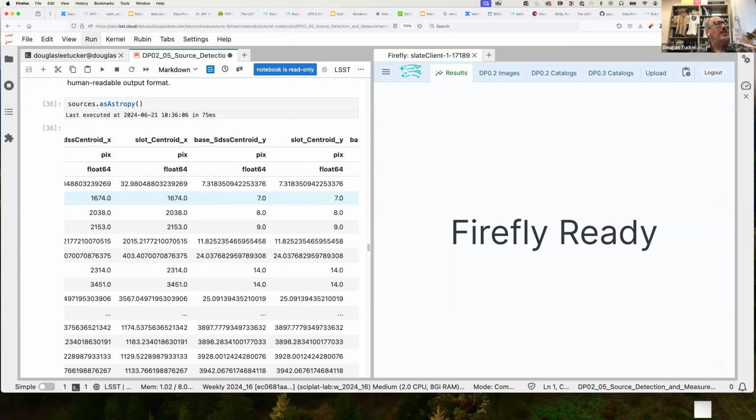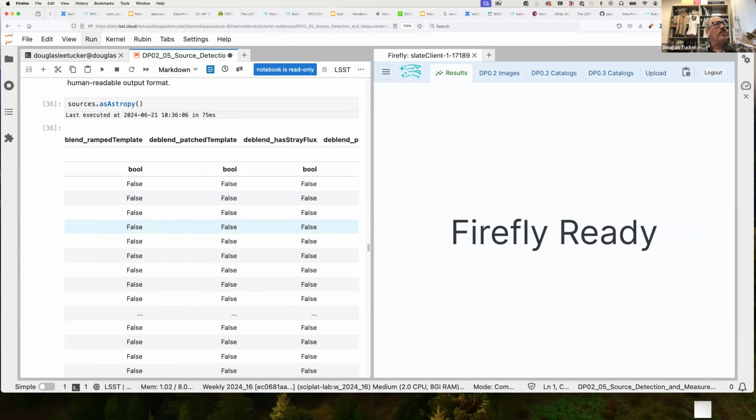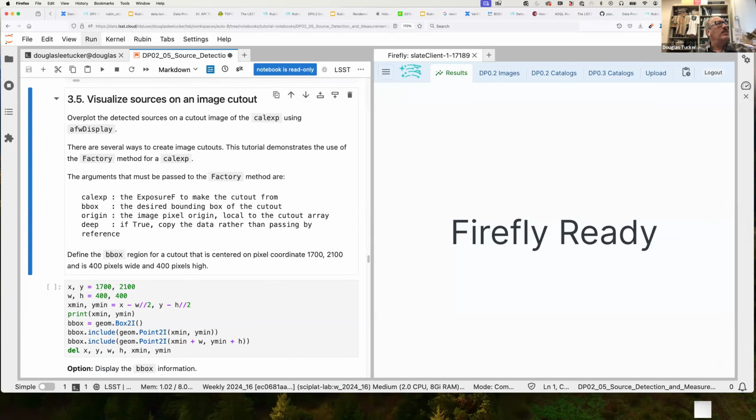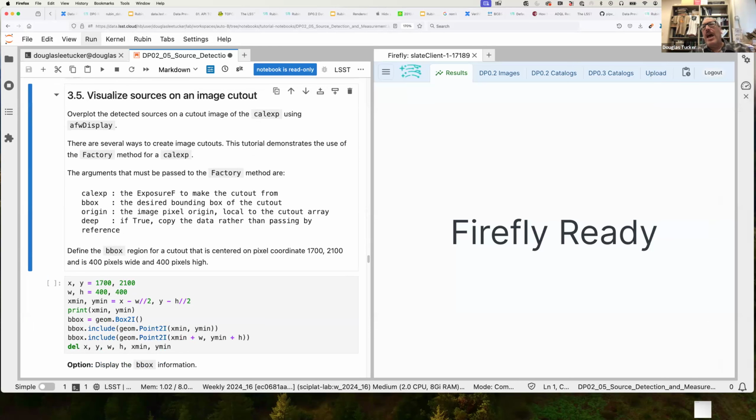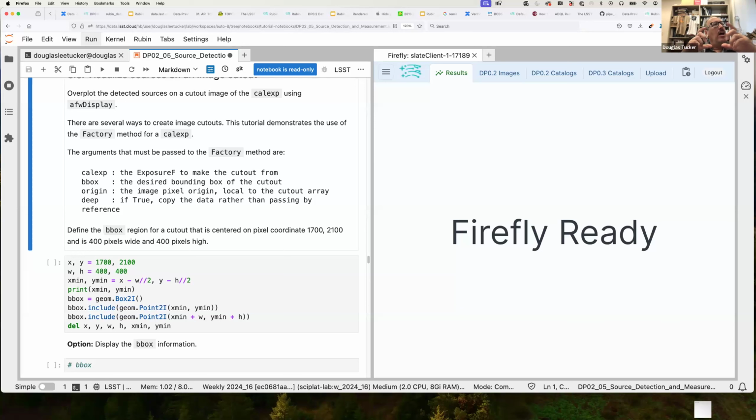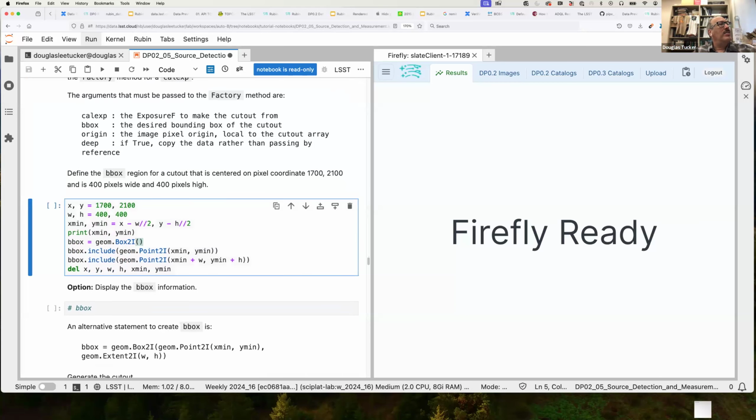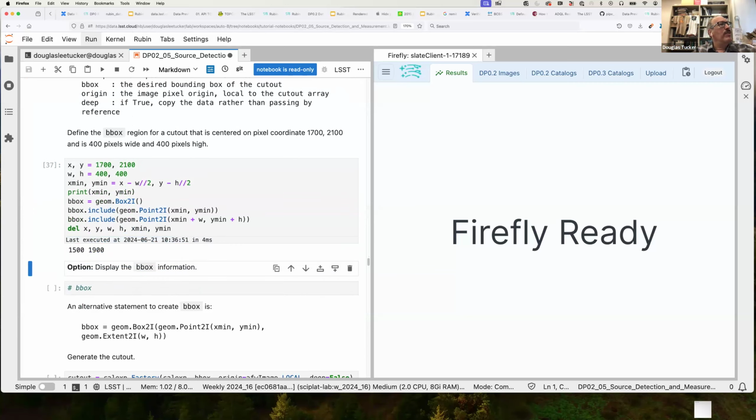Centroids and so on. Let's see. And now let's take a look at it on Firefly. We'll create an area of a 400 by 400 pixel area centered around the pixel coordinate 1700, 2100 that we looked at for the PSF earlier. So we'll basically create a bounding box. I'll kind of skim over this